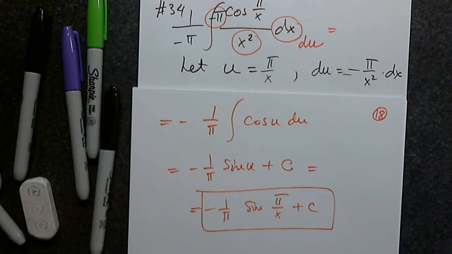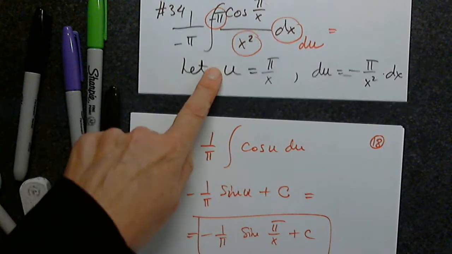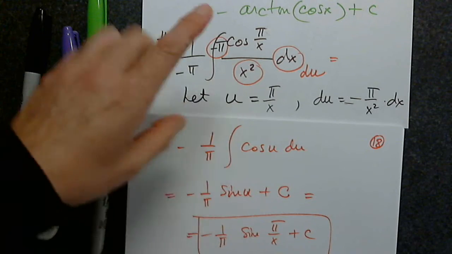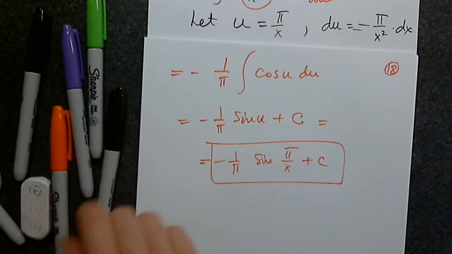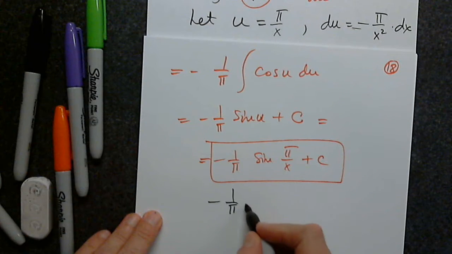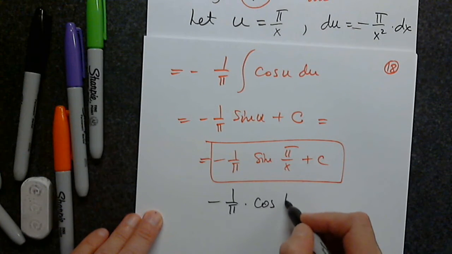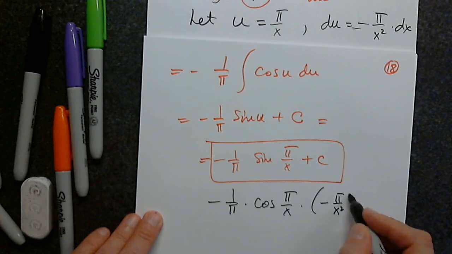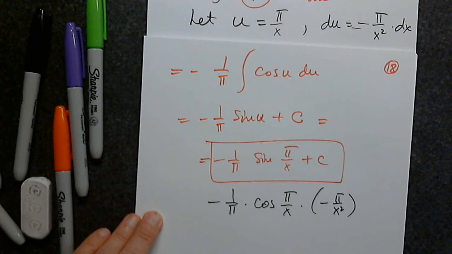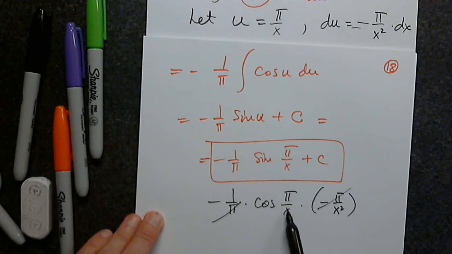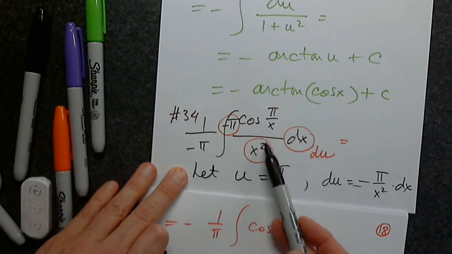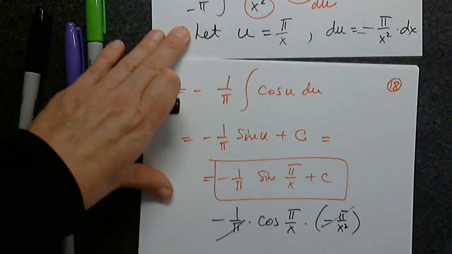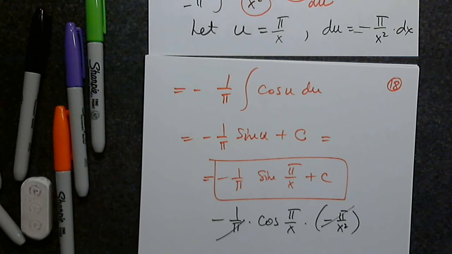Of course, you can always go back and check. If you differentiate this, you have to get that. Let's do it just for this one. So let's differentiate. I have -1 over pi. Sine prime is cosine pi over x times the inner function prime, which is negative pi over x squared, plus c prime, which is 0. So this will go away with this, the negative with the negative. So we have cosine pi over x squared. So remember that the